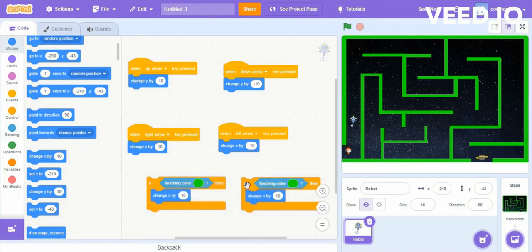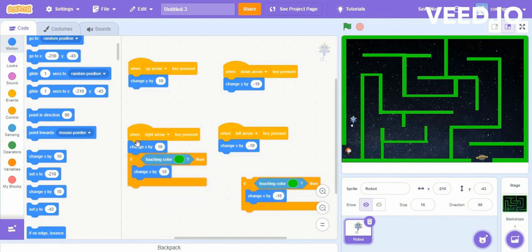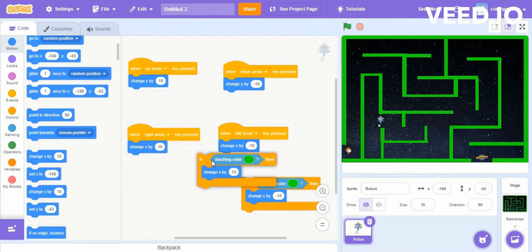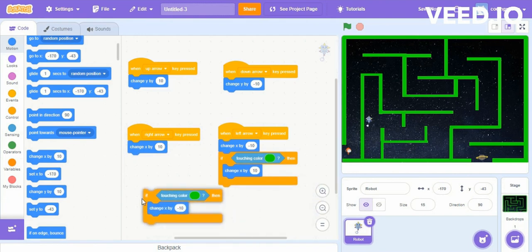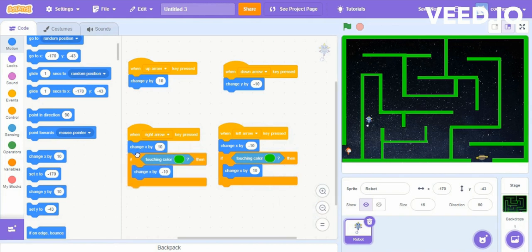on the sensing category, you can see, when you click on that color, down there is a zooming option. So you can just zoom to the maze and you can choose the color green, so we can exactly match that color. So if the sprite or our robot is touching that green color,